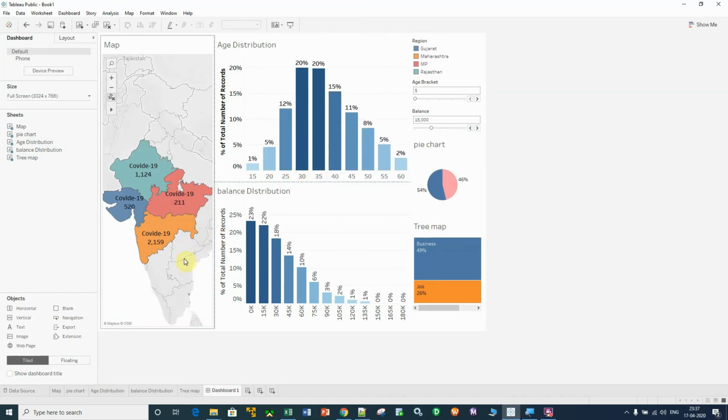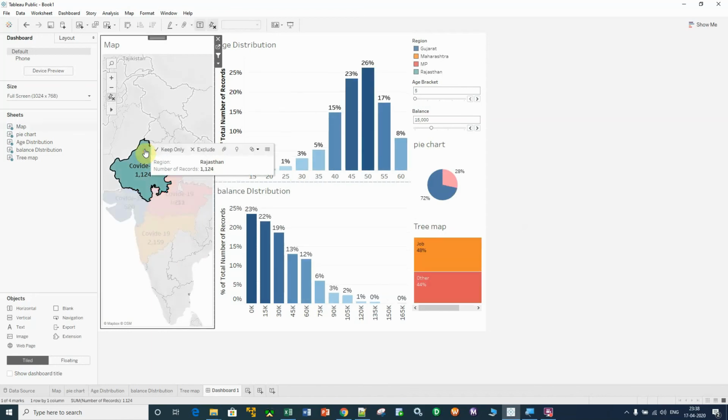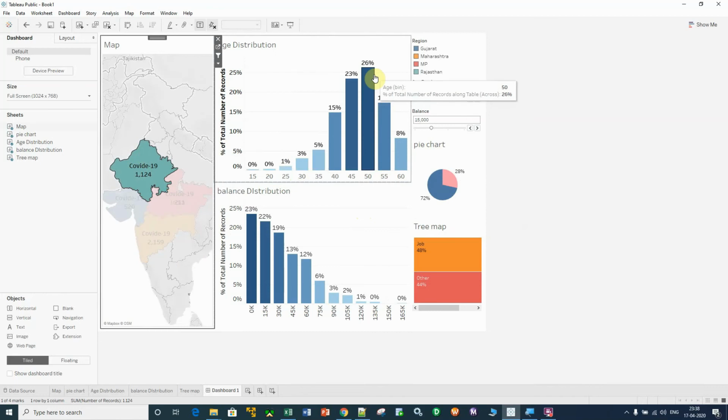Let's suppose that I want to do analysis on Rajasthan. From this map, you can see that 1124 people are affected by COVID-19. Just click here and see, in the age bracket of 50, 26% of people are affected. That means the old age people, whose immunity is very low, are affected by this disease.